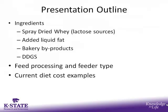And given the choice, I'd feed a corn soybean meal diet any day of the week, and we'd all get along pretty well. We're living in a day where that isn't possible in many cases, maybe because you don't have alternatives that are cheap enough relative to those two. We've seen a lot of trends. Along with the swine side, I have some cattle background and still do a little bit of cattle nutrition work, and people always ask what's new, and I always just continue to tell them we're just trying to figure out how to feed cattle ingredients to pigs